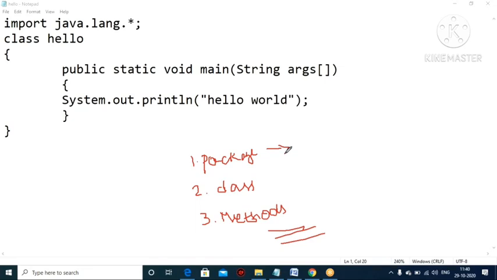Okay. Then class means, here we have a classification, that is a separate split up, a separate section, right? Let us take the shop example for you. Suppose you go to a bookshop, right?